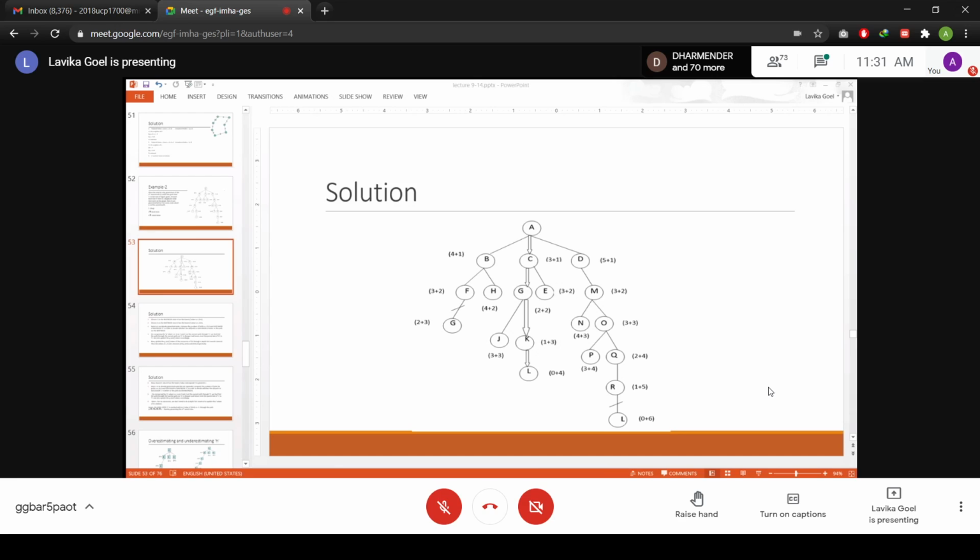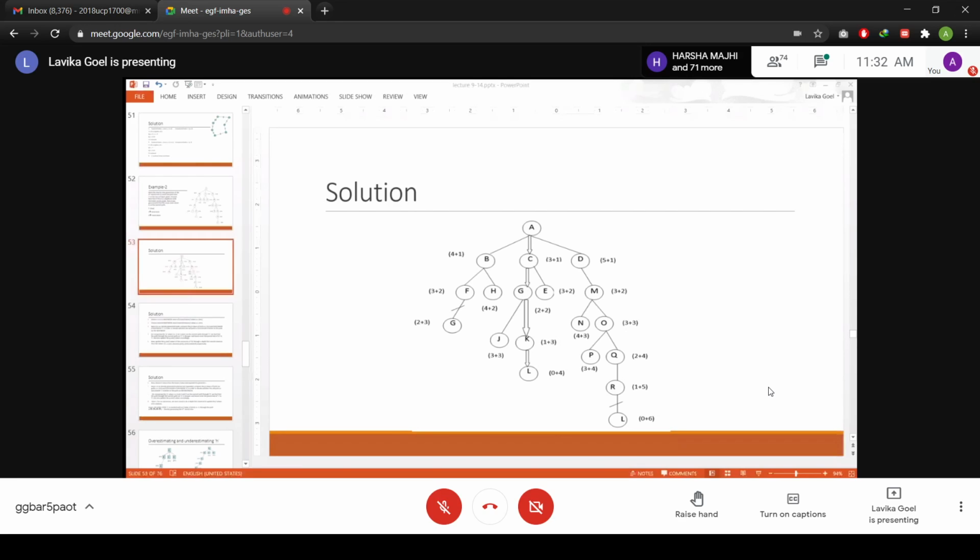Similar is the case of L. When I considered L as a duplicate node, I was assuming that it is there in the open list. So when I generated this G, I was assuming that the other G is there in the closed list, and when I generated this L, I was assuming that the other L is there in the open list. It should happen through a correct process only. If it belongs to the correct open list and closed list, then only it is a duplicate node. So please mind this assumption, students, in this example. This is an example which I have created myself just to tell you the duplicate node concept. Okay. Is it clear, students?